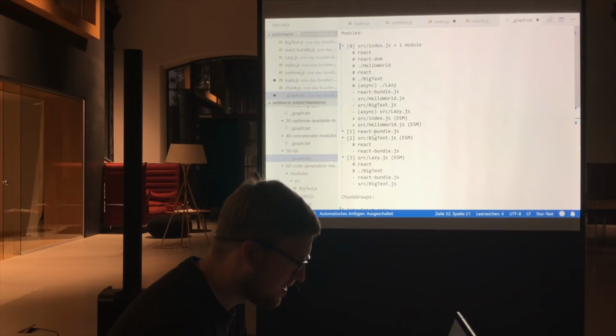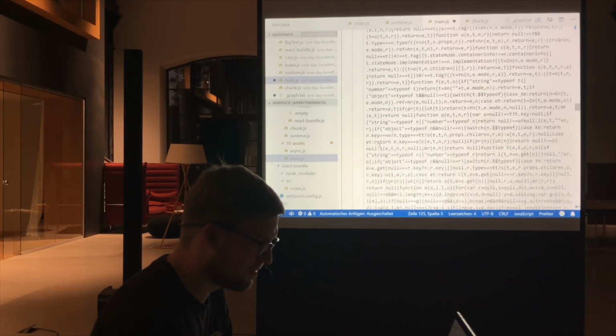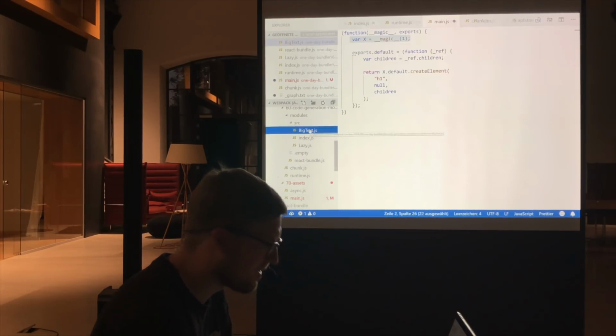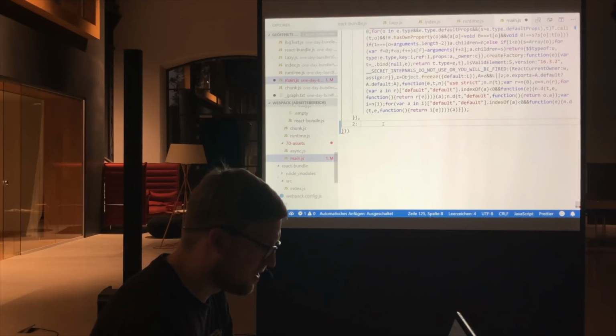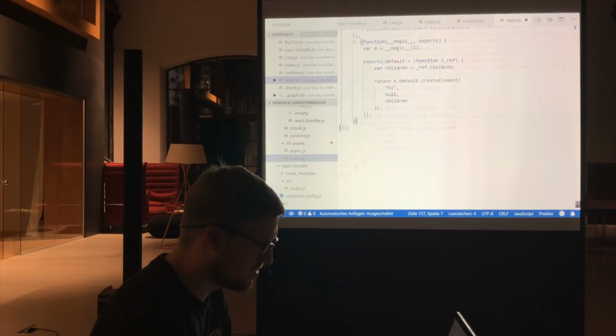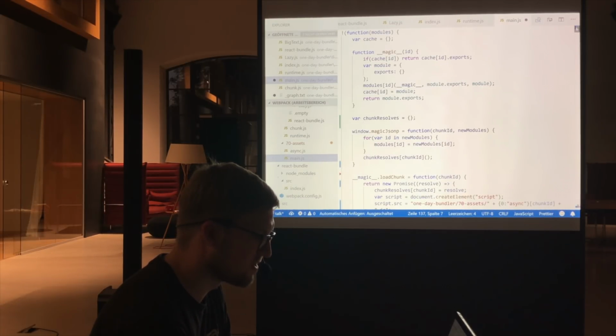And 2 is big text. Where's big text? Copy this one, and okay, just take a look. Did everything right? Seems good. Oh, we missed a semicolon here.